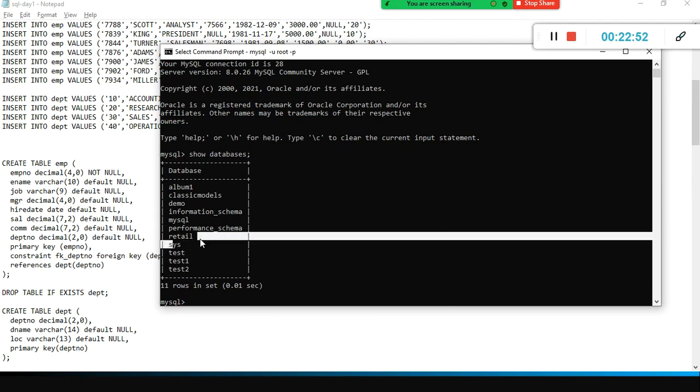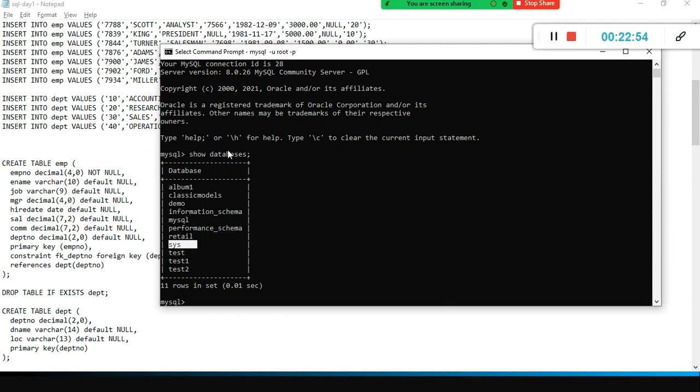This is to hold all the metadata about the database. Okay, don't worry about this. See, information schema, performance schema, and sys, right? These databases or schemas will get created automatically, including MySQL. Yeah, MySQL, sys, information schema, performance schema. These databases will get created automatically to hold all the system information.